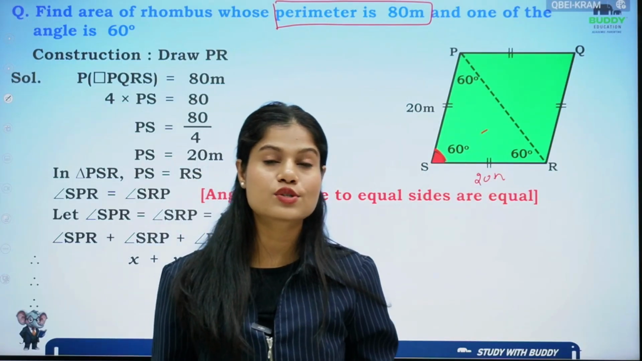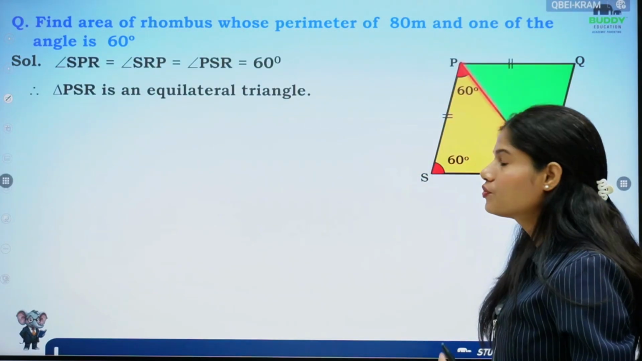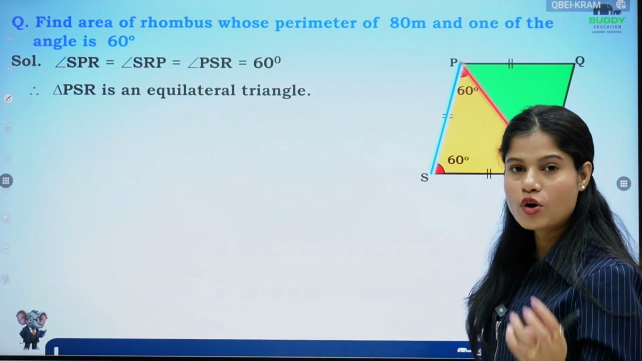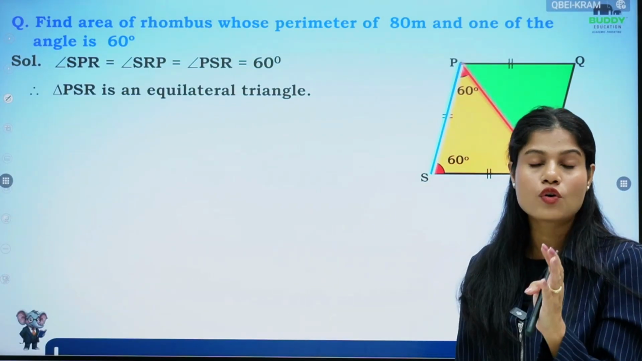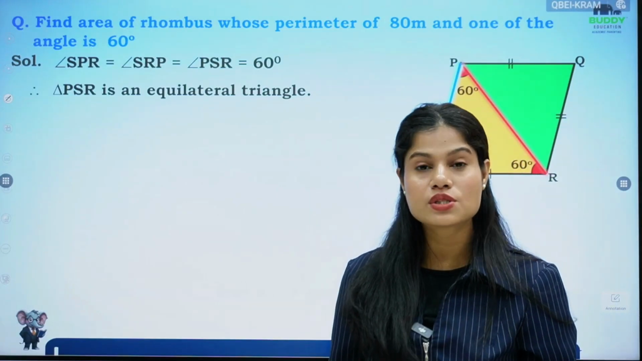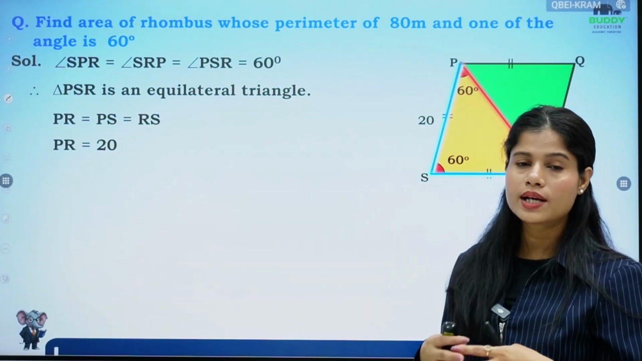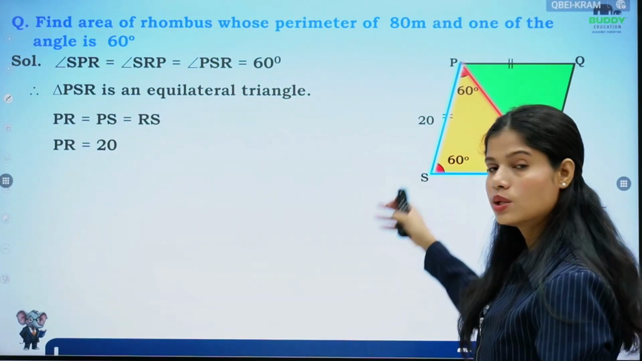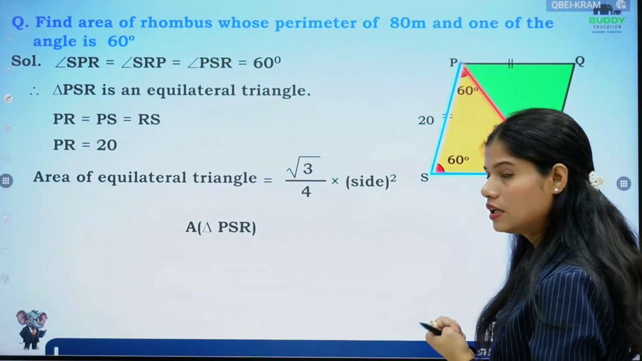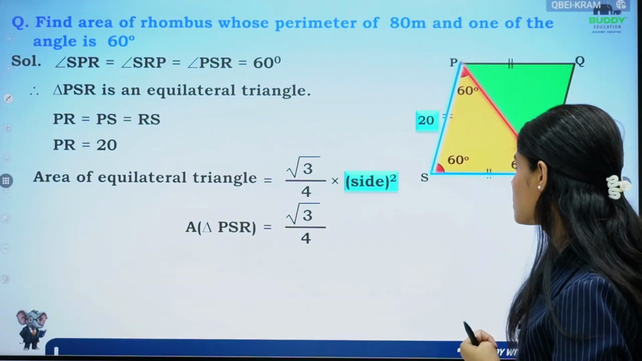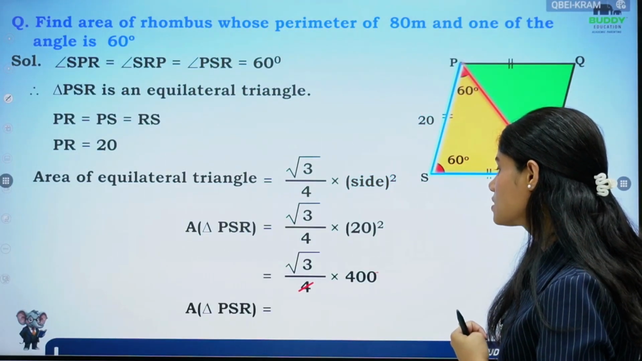This is not only isosceles, but this is an equilateral triangle, and we directly know how to find the area of an equilateral triangle. The formula was root 3 by 4 into side a square, and that was the first formula that we proved by using Heron's formula. So now at this point you can use Heron's formula because we have all the side lengths, or you can directly use this formula for the area of an equilateral triangle. Side has come out to be equal to 20,